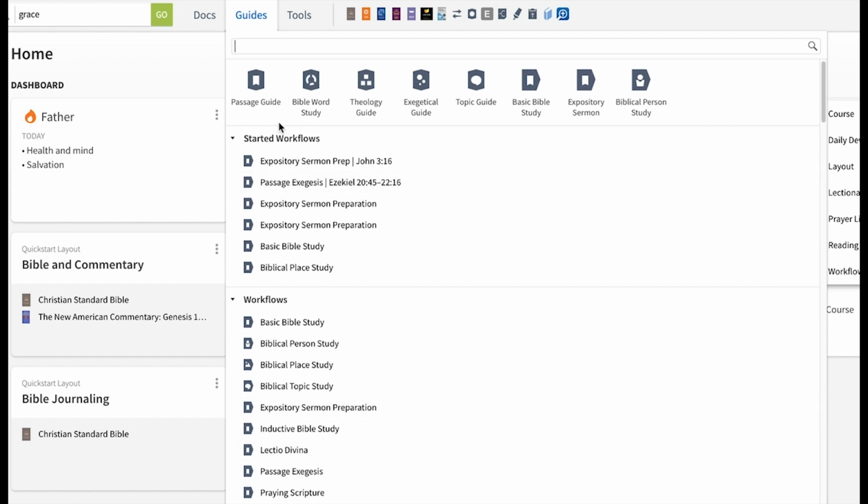If you're used to Logos Bible software, they've always had the passage guide, the Bible Word Study Guide, the Exegetical Guide. They later added things like the Topic Guide. I think they maybe had that from the beginning. But now they have some more: Expository Sermon, the Biblical Person Study, the Exegetical, the Theology Guide. So they've added a few, but think of workflows as kind of like a guide,